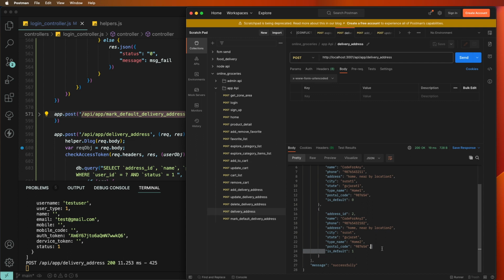are created inside the user app related. So need to default delivery address add user, remove updates, and mark as a default, and get the address list. These APIs we need to develop here today, and next video we need to continue with the next API